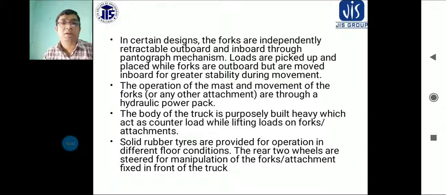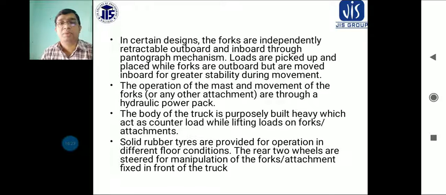During the movement of pick and place, robots, that means pick and place robots, will be considered. Similarly, this is the input for greater stability during movements. The operations of the mast and movements of the forks or any other attachments will be considered through a